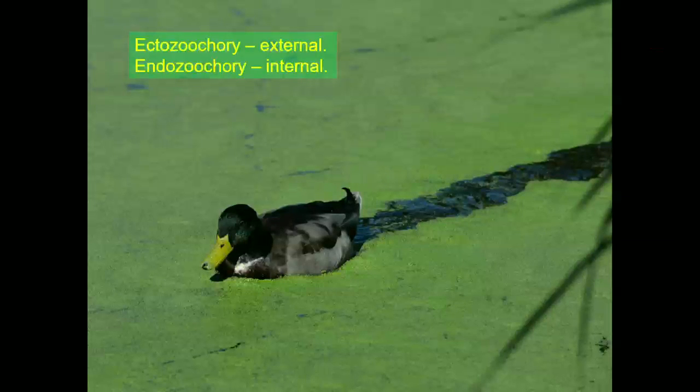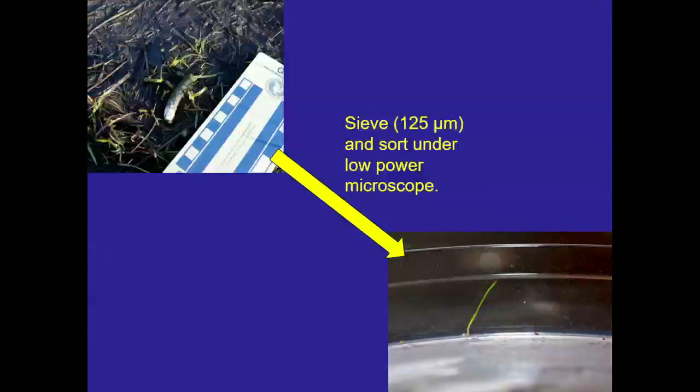And all sorts of birds can do this, but within this talk I'm focusing on water birds. So what we've done on the data I'm going to show you is a whole collection of bird droppings collected and analysed, a fairly simple approach. So collected from the field, brought back to the lab, sieved, and then under a low-power microscope, the seeds picked